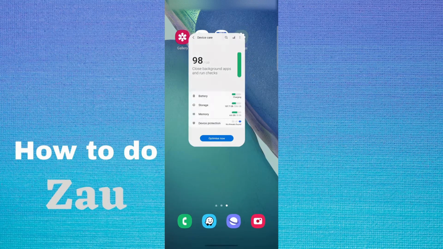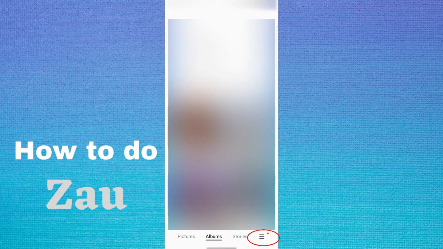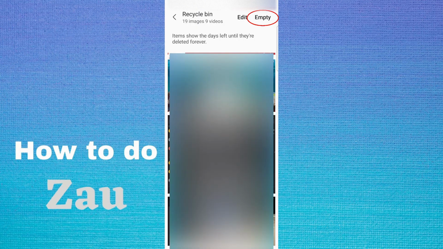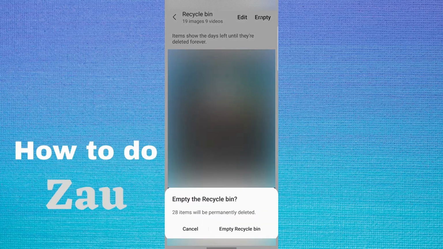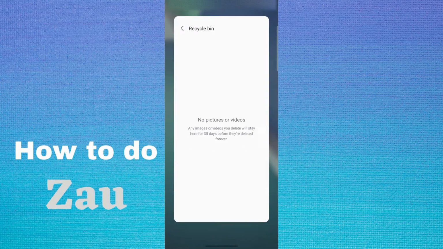The easiest recycle bin to open is the one in the gallery, where there may be photos that you had deleted. To access it, enter your gallery app, click on Settings, then on the recycle bin, then empty the trash. The process may vary slightly from phone to phone. In this way you will eliminate the junk photos. For the rest of the files, continue to follow the video.